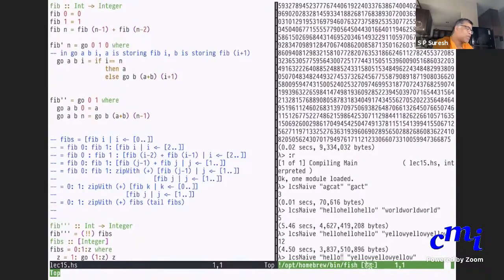Okay. So let's try this. I don't know how many ABs I've done. I intended to give 20.